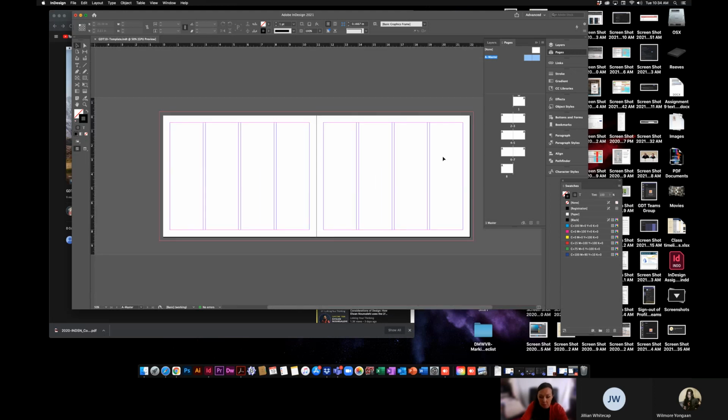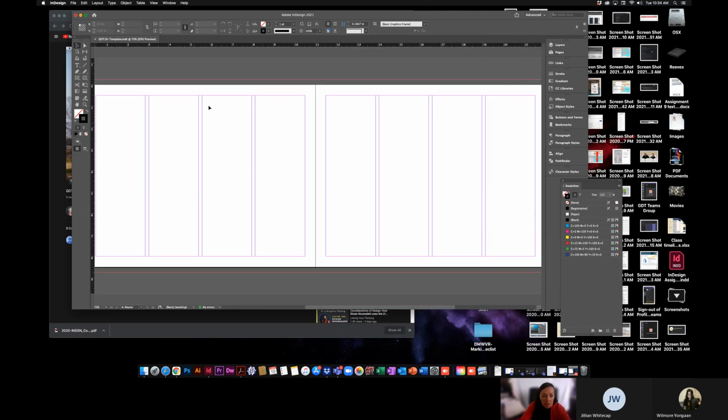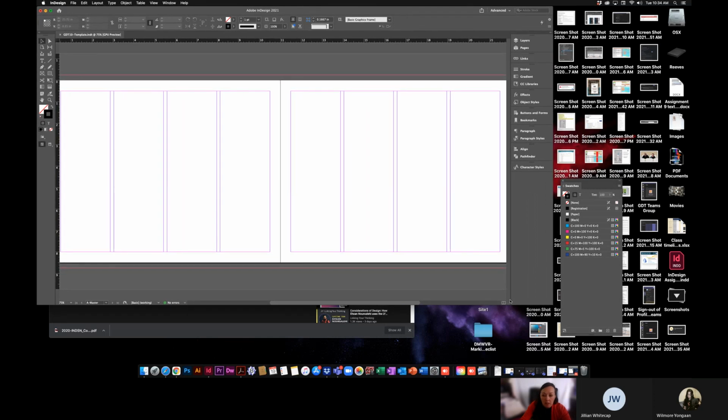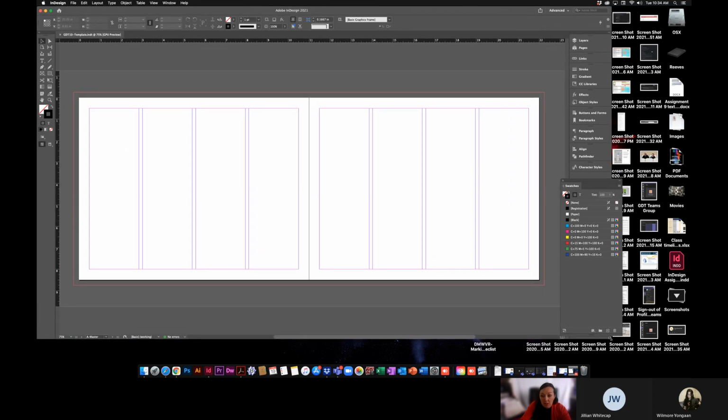So I'm just going to zoom out, and I'm sorry if this is really small for you guys because I'm sharing my screen, so it's pretty tiny. First thing you do is create a text box and figure out where you want your information. I'm going to put my information about the course up here. So course name, GDT 10. I'm just putting in a line to space things out, and I'm going to call it